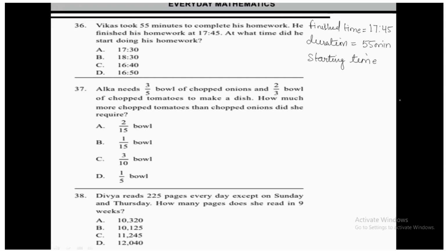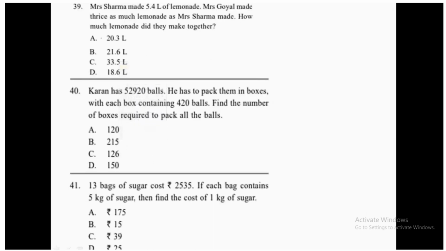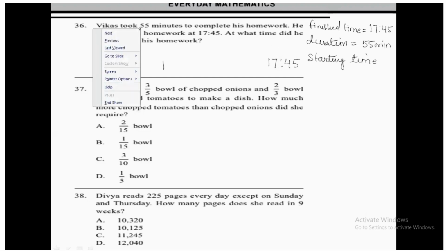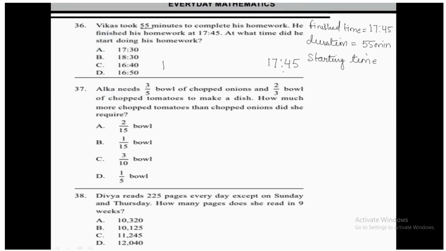We can subtract it as well, but we have another method, which is the leap jumping method, that we can see. 17:45, I'm going to write over here, is our finished time, the time when Vikas finished his homework. He took 55 minutes to finish his homework. So let's take 45 first. We will take a jump of 45 minutes first. So before 45 minutes it was 17